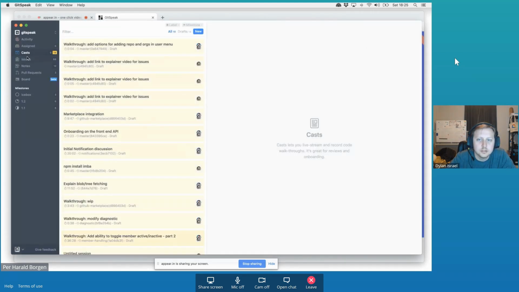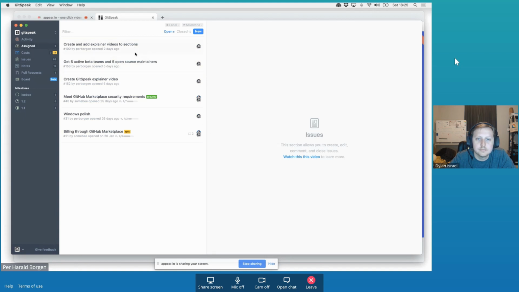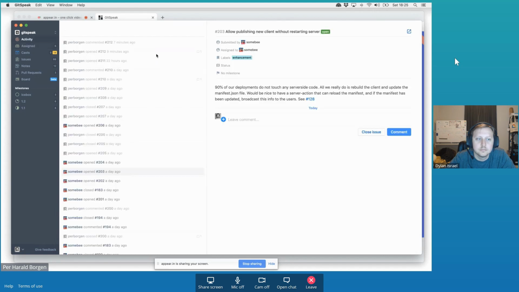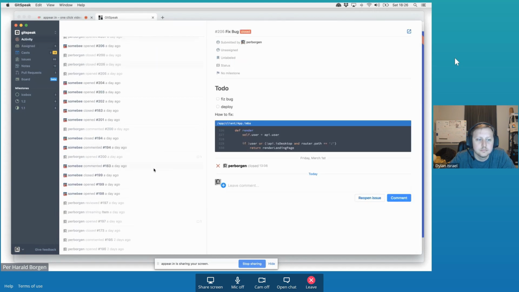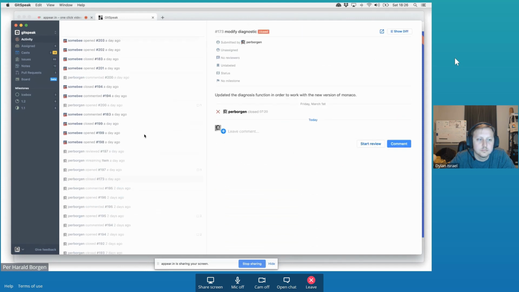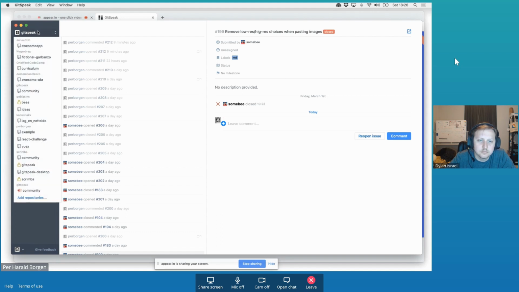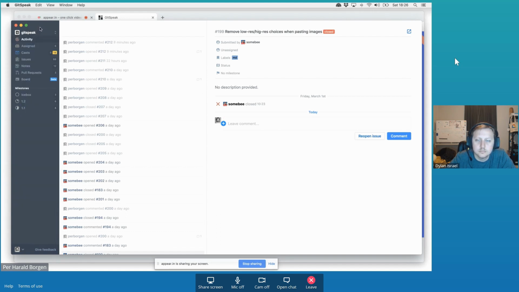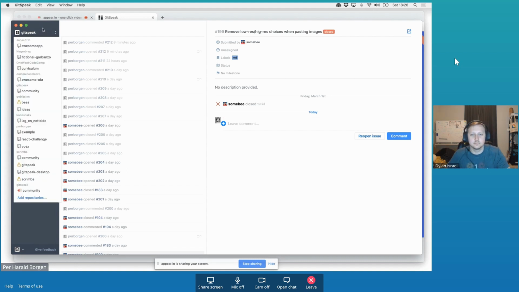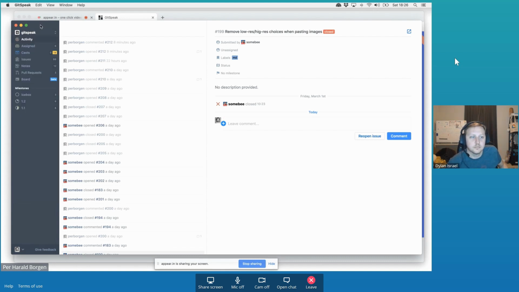So that was the cast tab. And we also have, just to mention, the assign tab, just to see which issues have been assigned to you. And also an activity tab, which allows you to quickly look at the latest things that have happened in the repository. There are also milestones, but I reckon we don't have to go deep into that. And right now we're only supporting GitHub repositories, but we're going to open up for Bitbucket and GitLab as well. Cool.